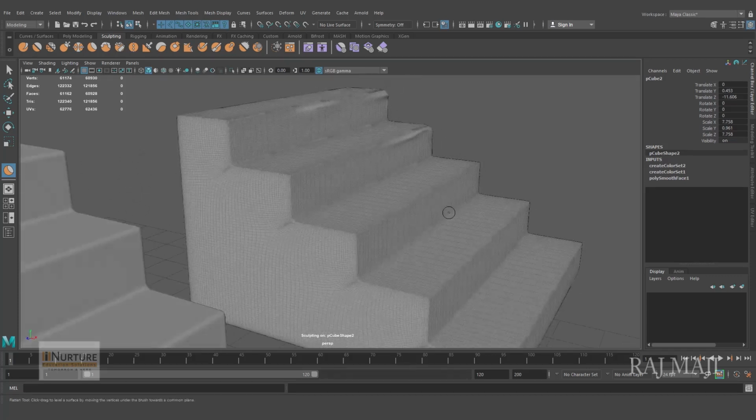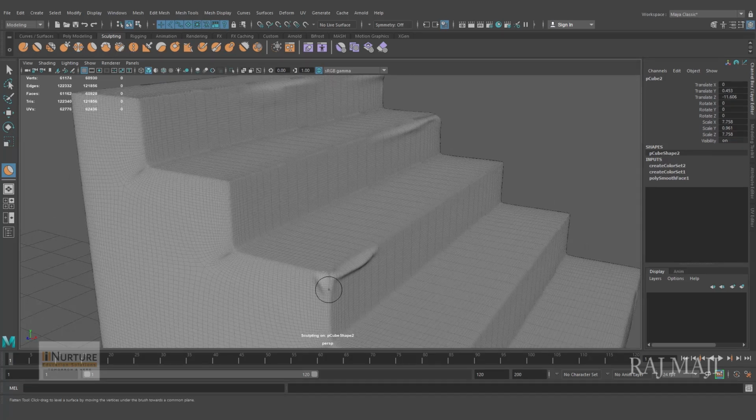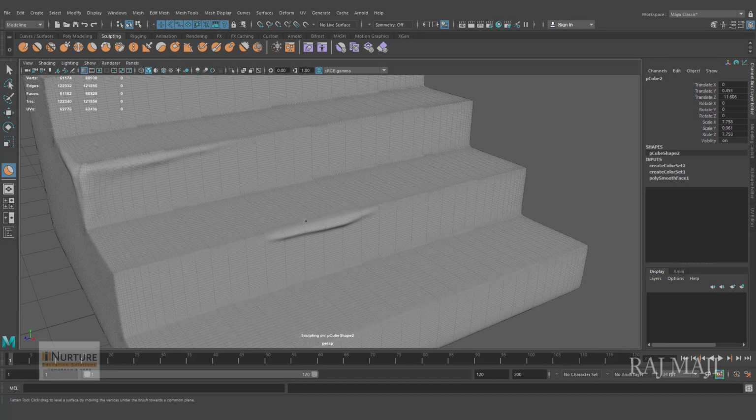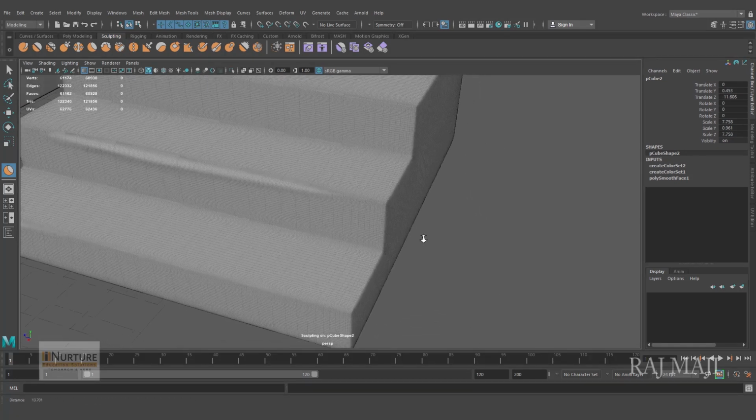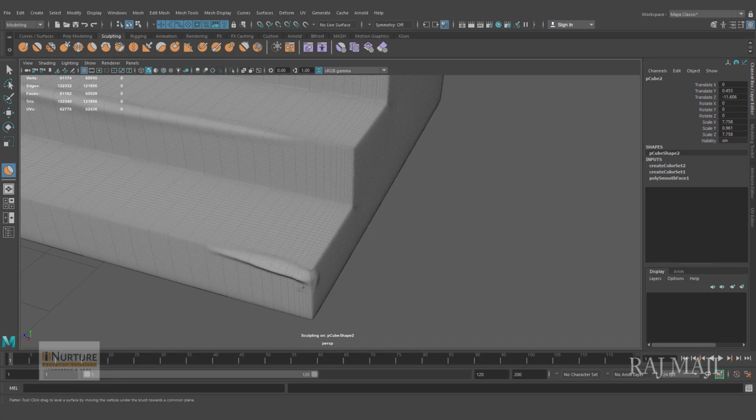Alright, so you just need to give the detailing like this here and there. So keep giving some detailing.